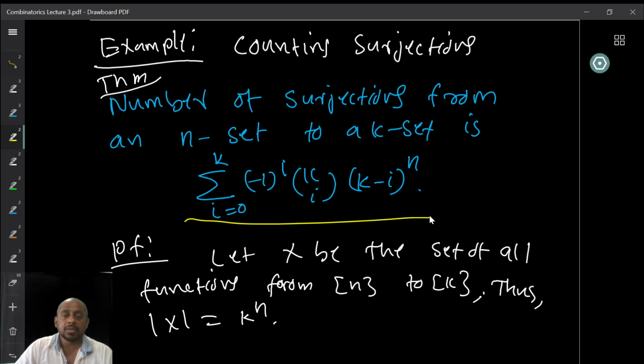So to use inclusion exclusion, let us define. So we can do it in two different ways. I am going to use the first theorem. So I want to exclude the ones that are not required. So I will define my sets A_i to be the sets of functions which are not surjections. And then I discard the non-surjective functions, and then I will get the surjections, right? So let me define the set of all functions this way.